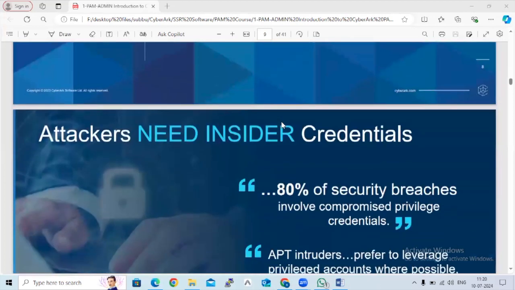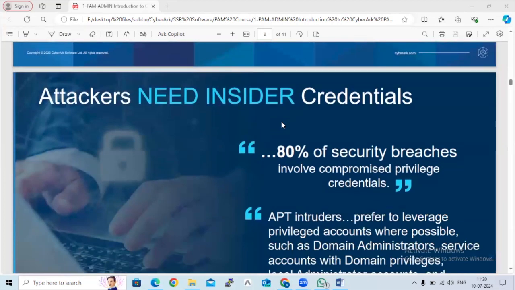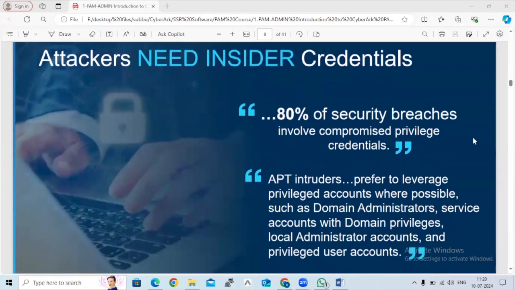Some of the challenges and threats: attackers need insider credentials. 80% of security breaches involve compromised privileged credentials. This point is 100% correct because they are compromising credentials. People log in with their AD credentials and then write them down somewhere on the desktop or on their desk, whatever it is. They write down the credentials, and that is how they are compromised. And some people, what they will do,